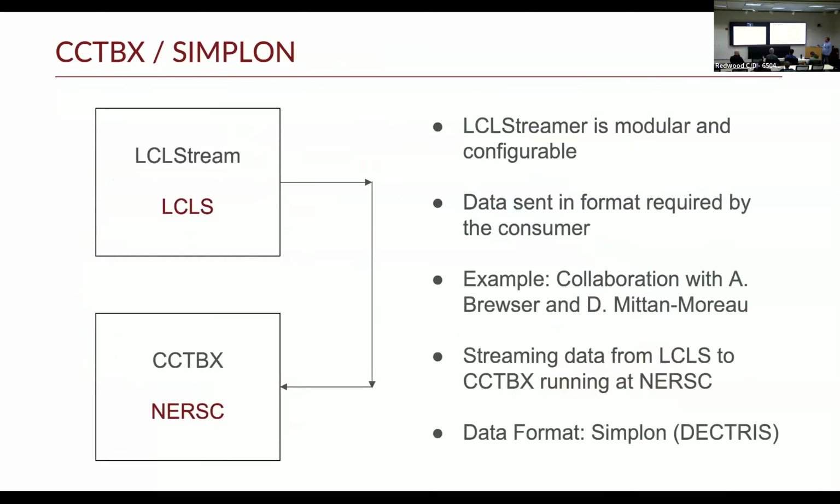The last few slides. So I said that we send HDF5 files, but the whole thing is pluggable. And the idea, and this answers the questions that you also had before, from my point of view: how do we convince people to use the same standard, the same software, the same packages? I don't think we can, but we can offer them the data in the formats that they need.